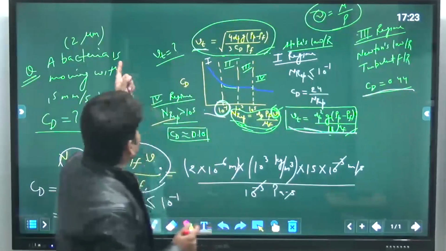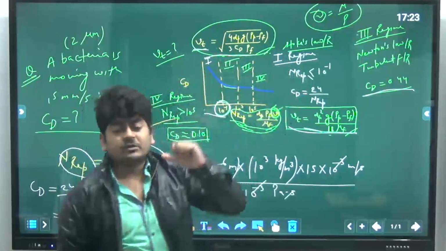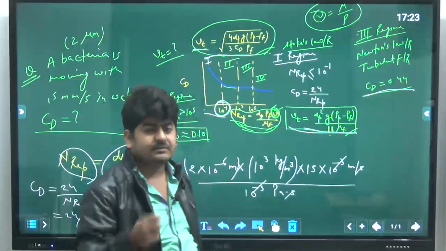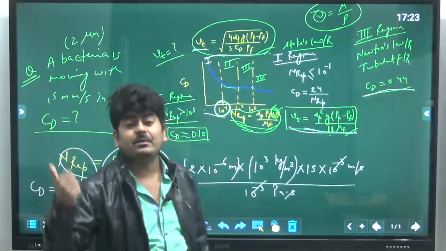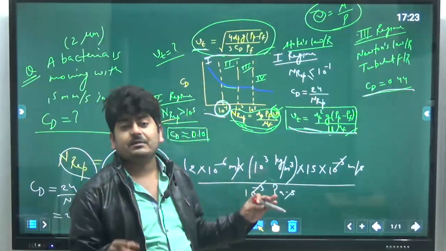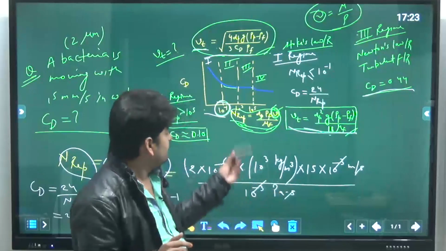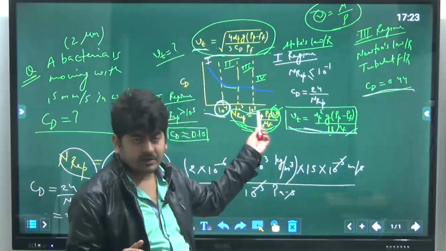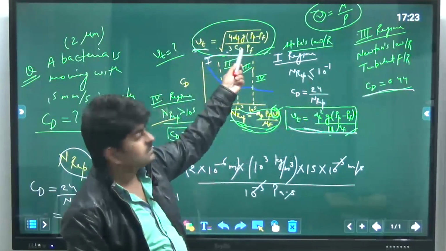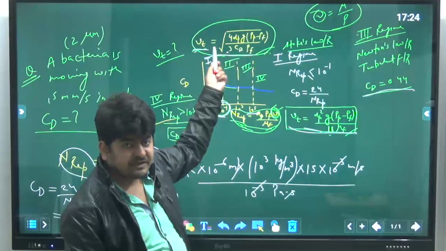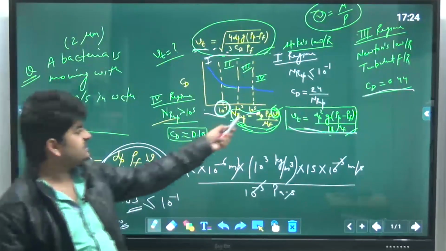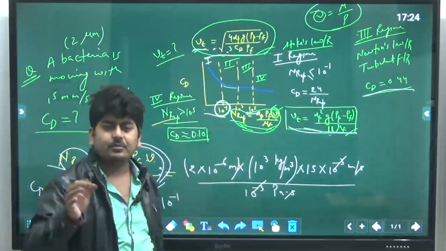This is the formula. In turbulent flow design, or Newton's law design, they can ask you two things. First, the maximum possible diameter of the particle. In that case, what will be the maximum possible value of particle Reynolds number? 10 to the power 5. Put this CD here, then this Vt in the particle Reynolds number equation, and the maximum particle Reynolds number is 10 to the power 5, you will get your answer, the maximum possible size.